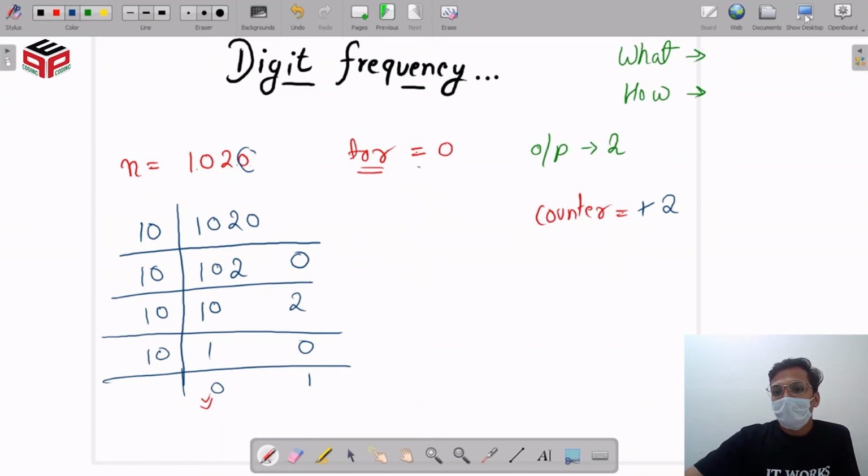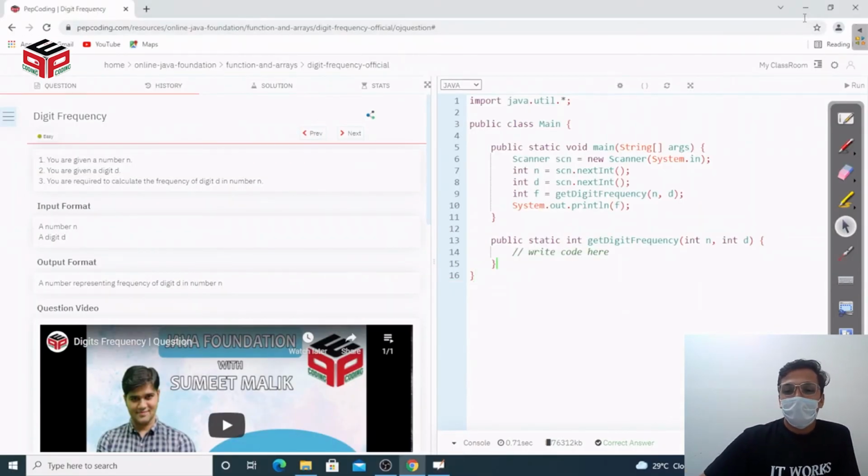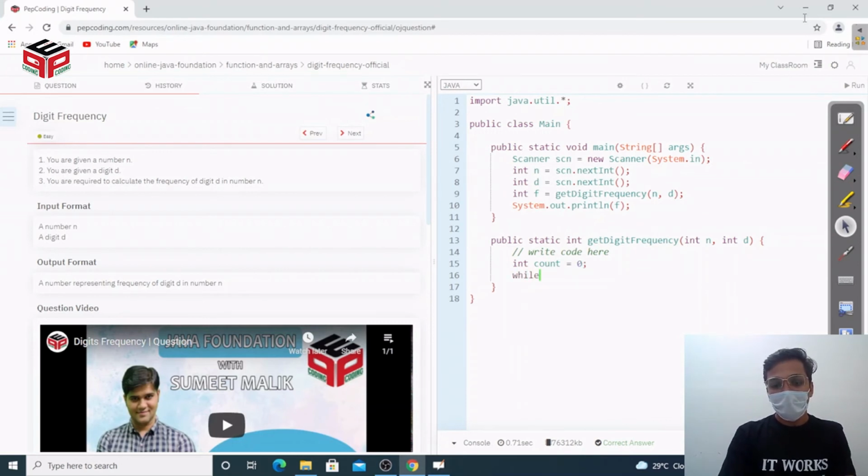So now let's code this. Initially we declare a count and initialize it to 0, and we run a while loop until this number becomes 0. In the first line we extract the last digit. The last digit is extracted as n modulus 10.